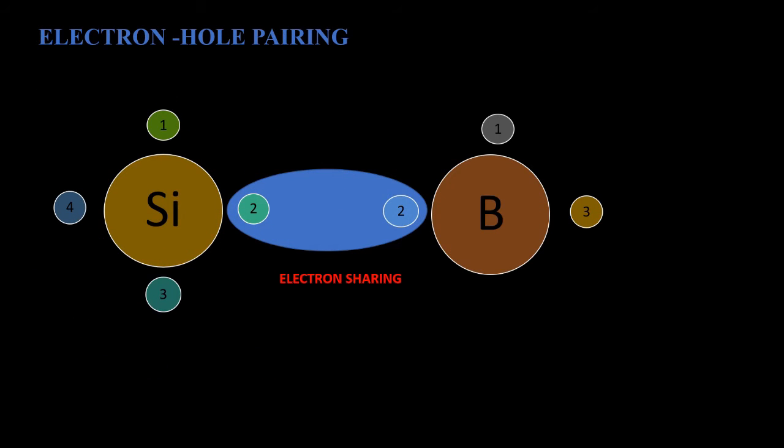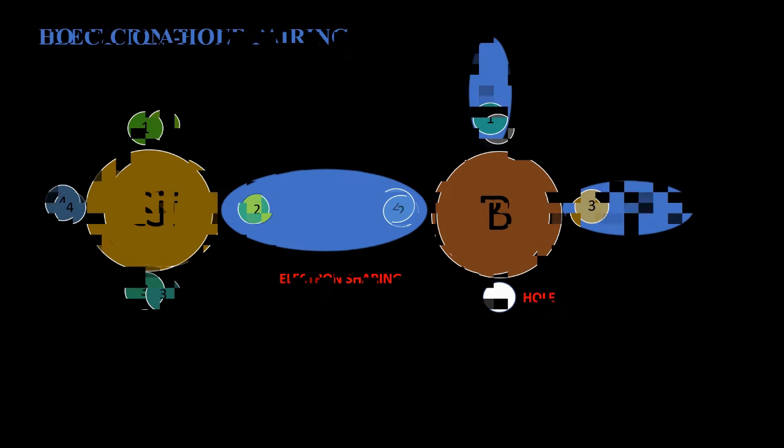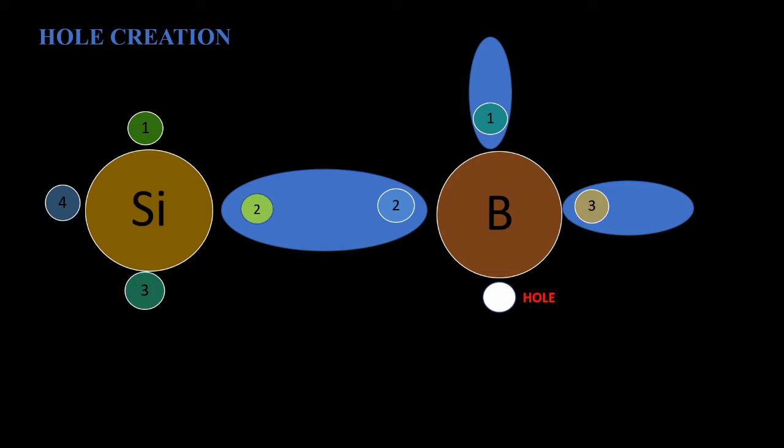Okay, now I'll explain how the impurity atoms, that is boron, displace the same number of silicon atoms in the crystal and occupy their position. Now 3 valence electrons of each boron atom create covalent bonds with 3 neighboring silicon atoms. In this way, each boron gets 7 valence electrons at outermost orbit, but still 1 electron is left. Hence there is a vacancy, and this vacancy is referred to as hole. This is called hole creation process.